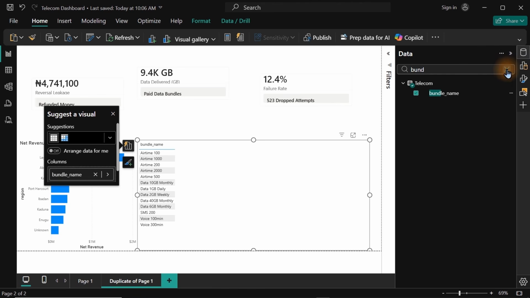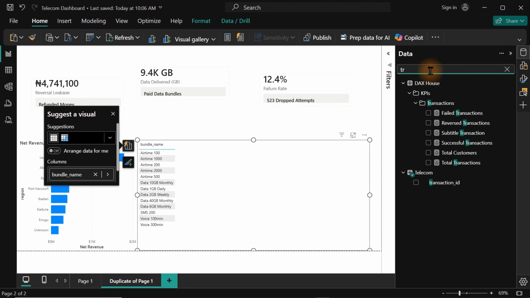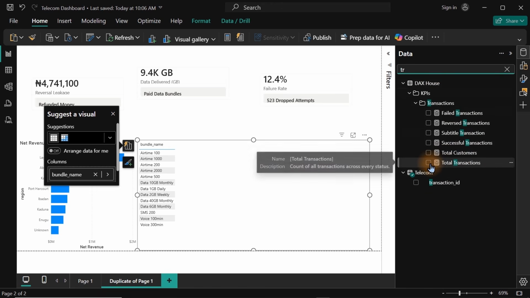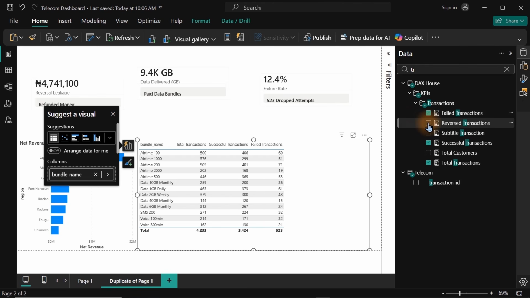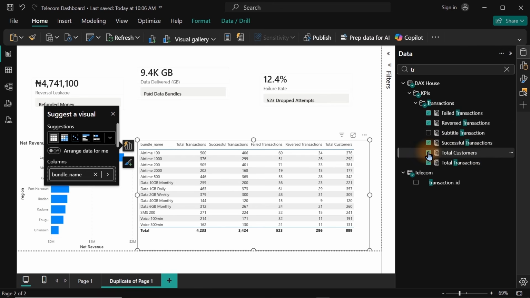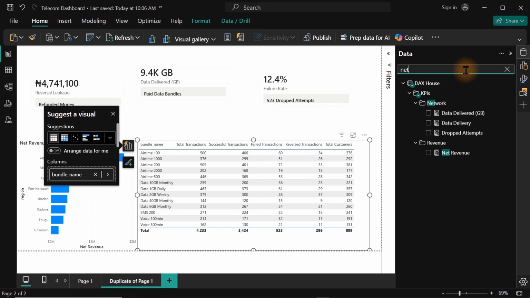So once we have this right in here, we have to bring in our transaction. So we search for transaction here. We bring in our total transaction. So we bring in our successful transaction, our failed transaction, and our reversed transaction. Then finally, we bring in the customers if need be, right? So one more important thing we have to bring in right now is the revenue we have generated from it. So we just have to bring net revenue